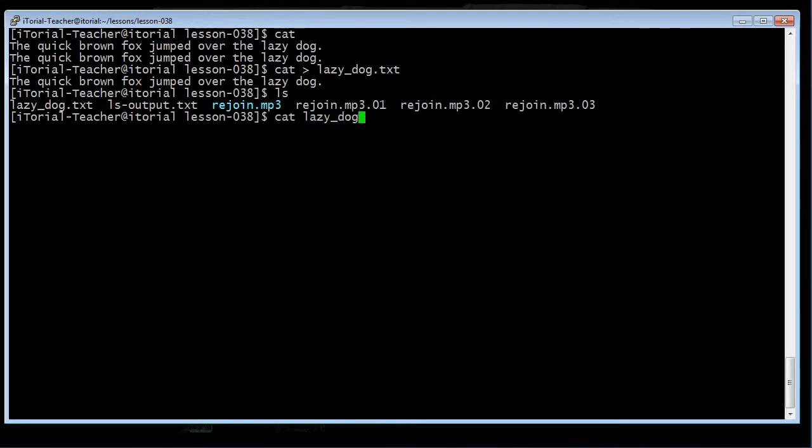To see our results, we can use cat to copy the file to standard output again. Type this: cat space lazy_dog.txt, then click Return. Now that we know cat accepts standard input in addition to file name arguments, let's try redirecting